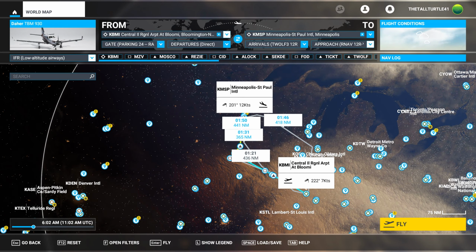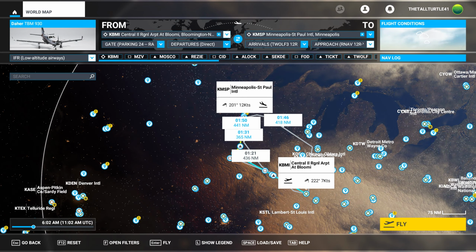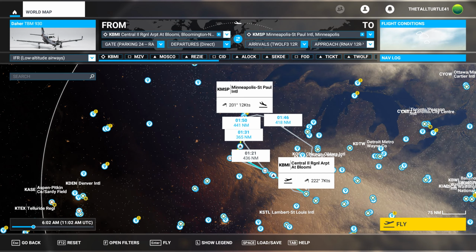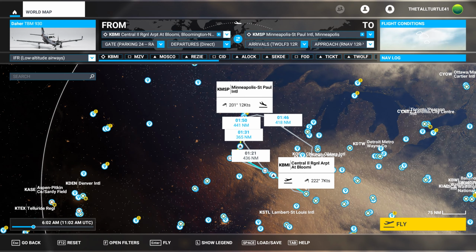Welcome back to Microsoft Flight Simulator 2020, and today we're going to continue our Bloomington to Bloomington trip. In the previous video, we flew from Bloomington, Indiana to Bloomington, Illinois. In this trip, we're flying from Bloomington, Illinois to Bloomington, Minnesota, which is really going to be Minneapolis-St. Paul International, which